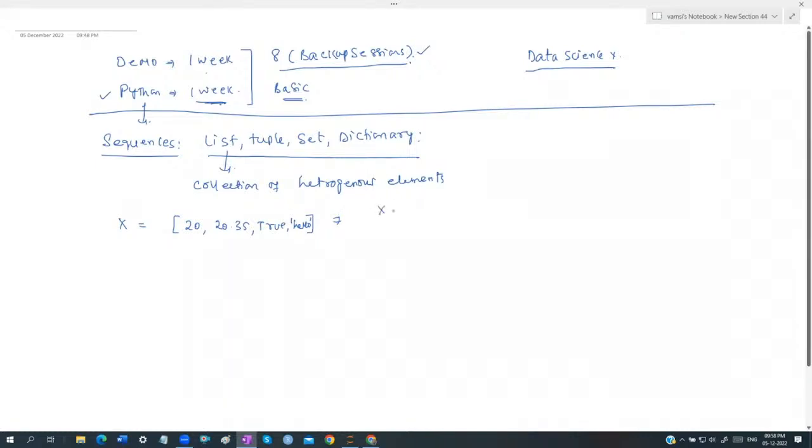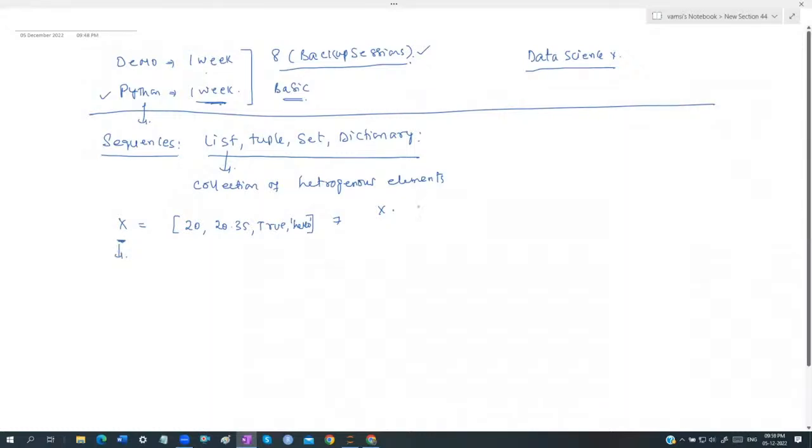If you already have an idea about object oriented programming, guys, well and good. Who already has an idea about object oriented? Even if you do not have any idea, just understand this; I'm going to discuss those applications later, guys. I have discussed what a method is: a method is just a function which is used to manage or manipulate that list. For example, if X is a list,